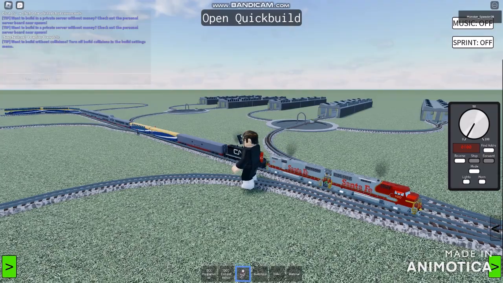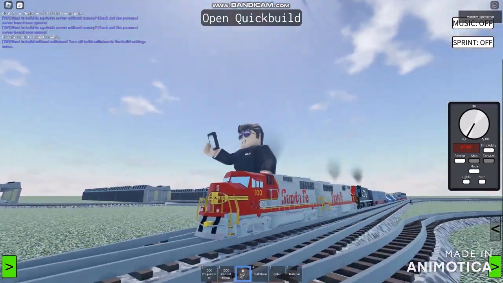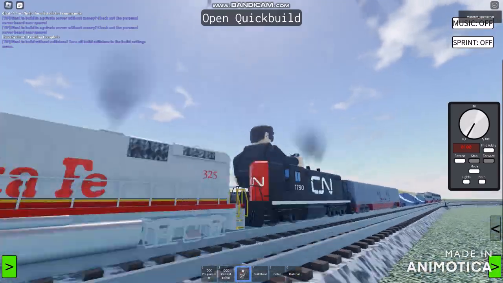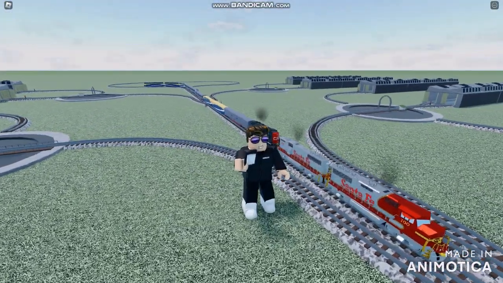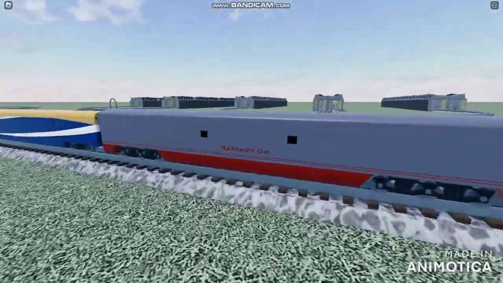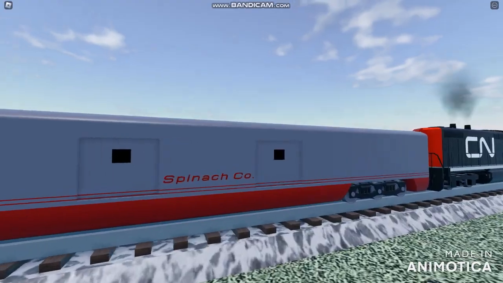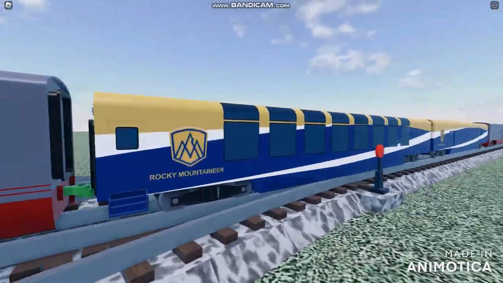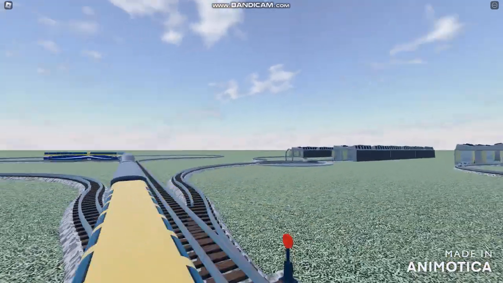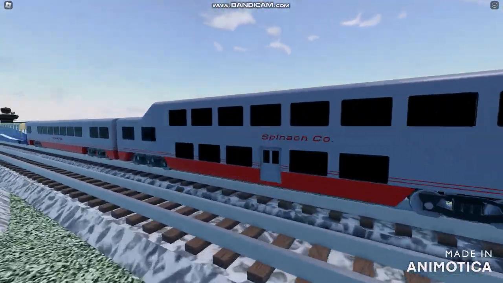Looks like using for is one GP9, two GP60 as well. So if this is absolutely going to be taking for a little bit as much, that should be my taking for just a little bit. We got two baggage cars, the Rocky Mountaineer baggage car and the Spinach baggage car as well. And that is the passenger coaches for this, a dinner coach, and some of these Spinach coaches as well,